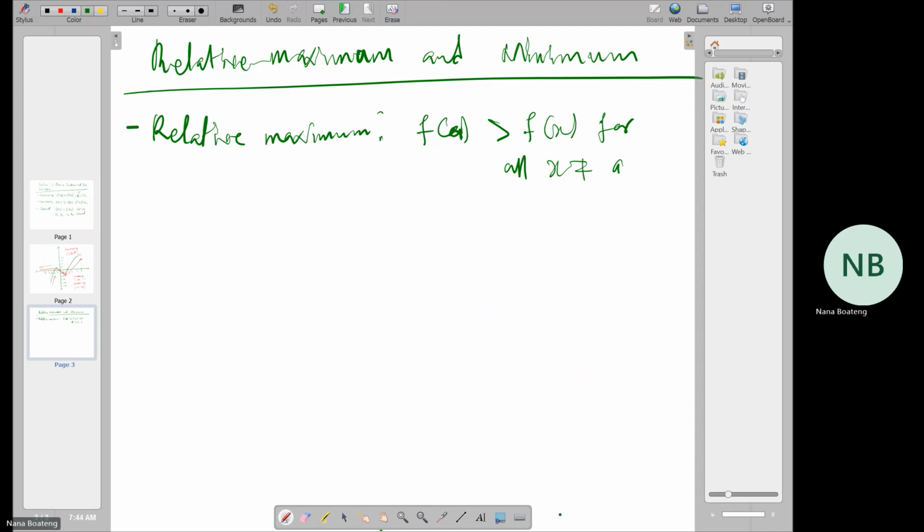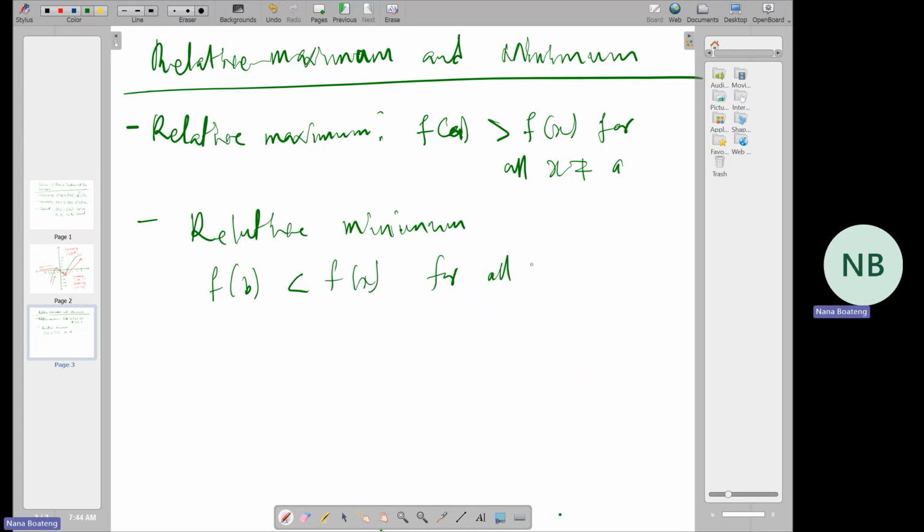So we say that a function also has a relative minimum if, on the other hand, f of b is less than f of x for all x not equal to b. Then we say the function has a relative